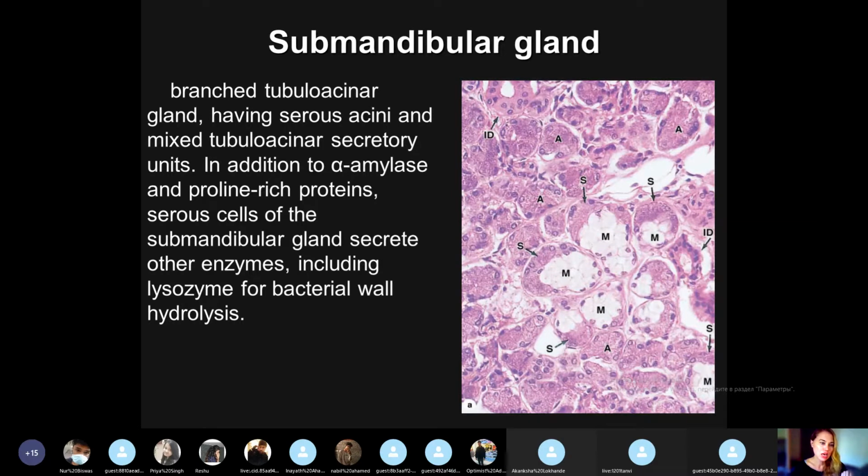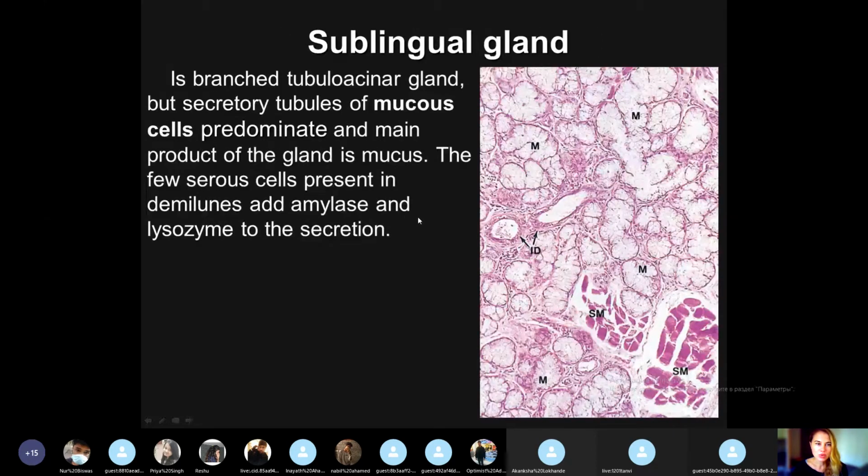So this enzyme degrades the carbohydrates in the oral cavity, and also lysozyme, which has antibacterial properties and splits the bacterial wall. Next, sublingual gland. In sublingual gland, we can see